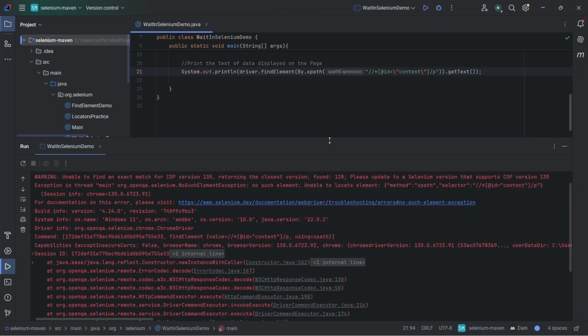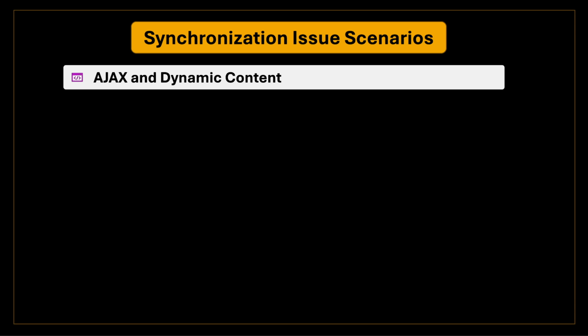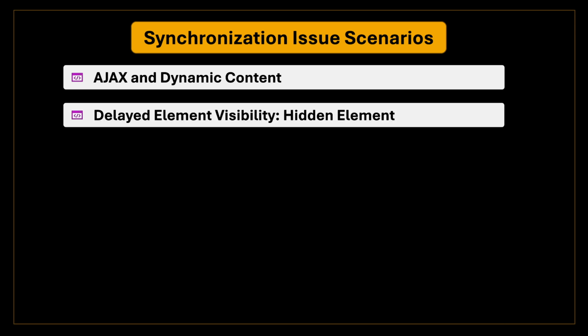So here you see we have got no such element exception. This is how synchronization issue occurs when we are dealing with any AJAX data or dynamic data. The next scenario in which we can encounter a synchronization issue is delayed element visibility or situations where we are